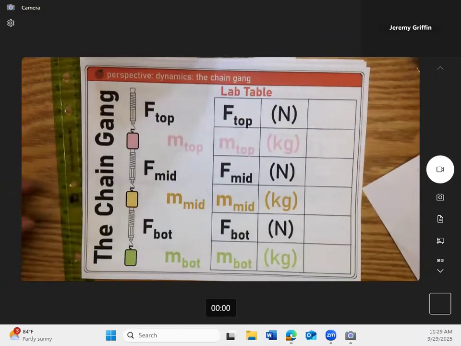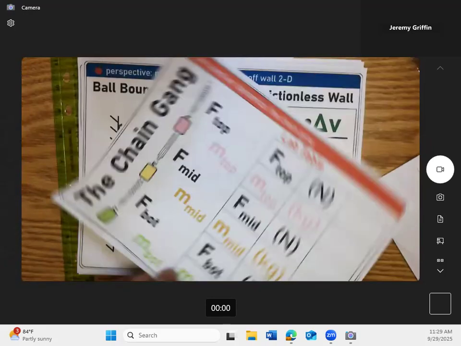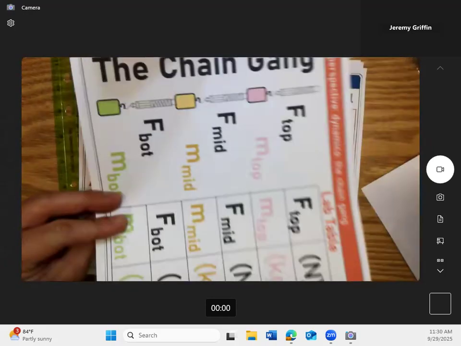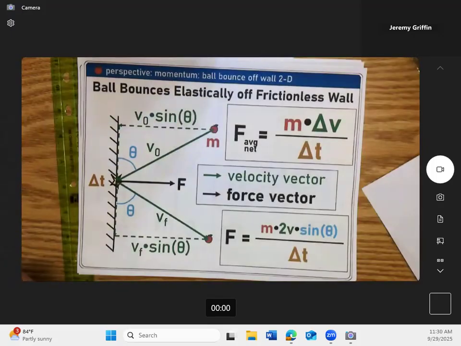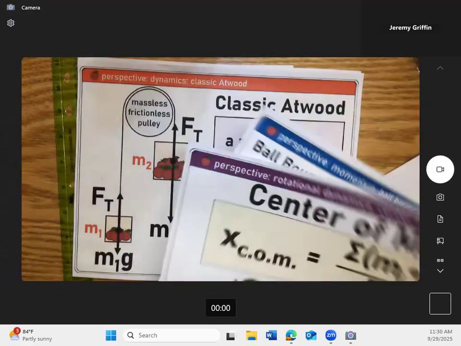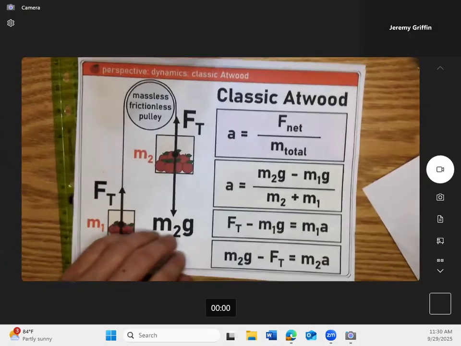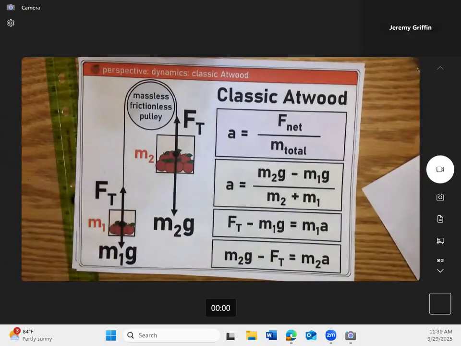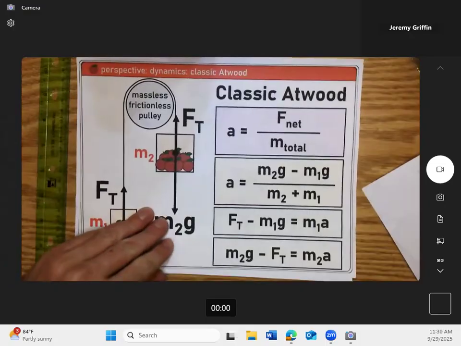I want to go back and make sure that you guys can do it if I turn the sport bottle into a train, like choo choo, or can you solve this tension and links problem? Ooh, a ball bouncing off the wall. I want to do that with you guys, and then we'll go back and do some more examples. You guys should be able to do Atwood, but you'll show me later. Can you solve that? Okay.